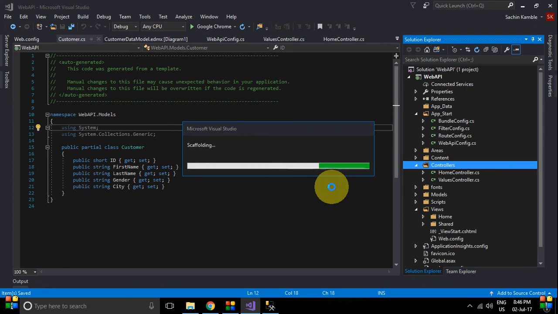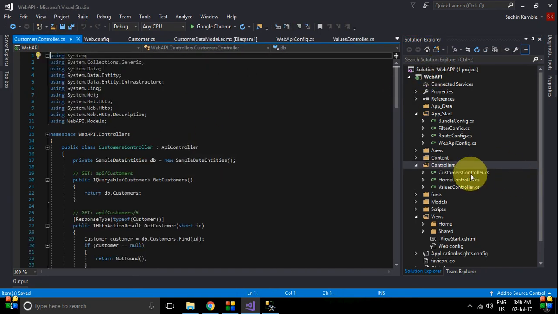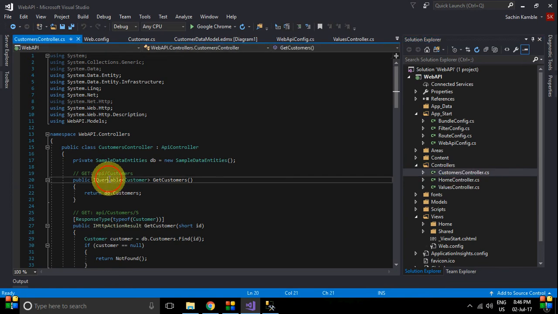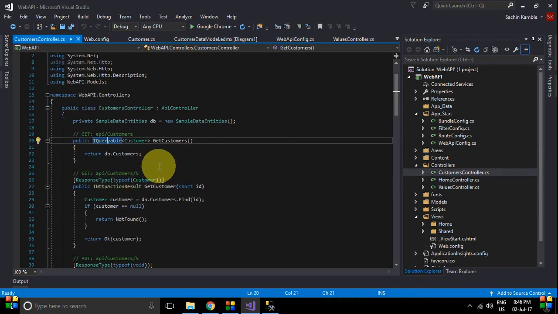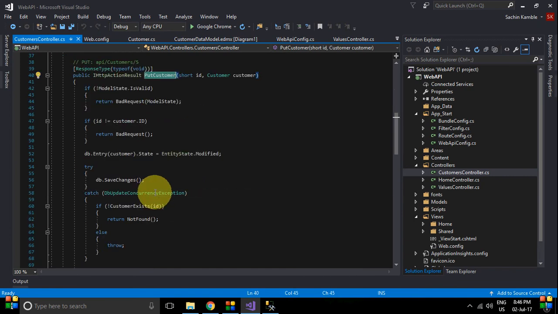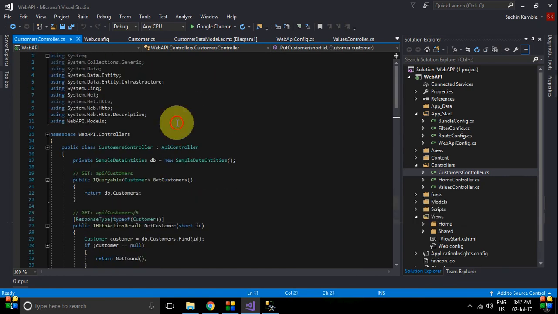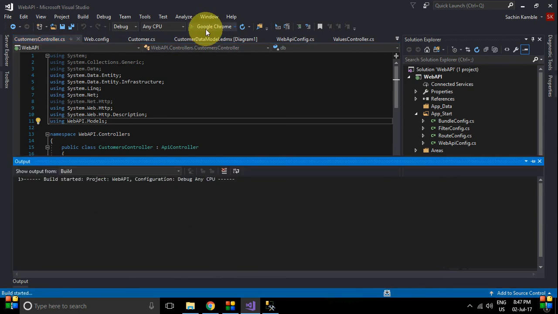So we need to save our solution and rebuild it. Okay, so we can see Customer controller is added here and all the methods like get customer, put customer are automatically added here. So just go and run it.